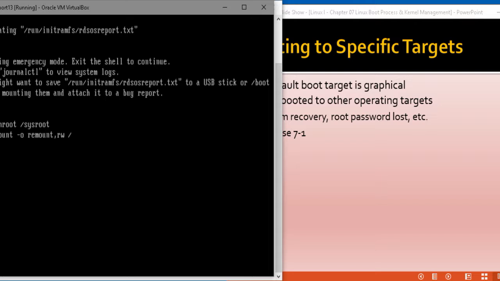Now the root file system has been mounted in read-write mode, and now we can use the passwd command to modify the root user password. Now when we run the passwd command as the root user, we don't need to specify the name of the root user account to modify their password. We simply